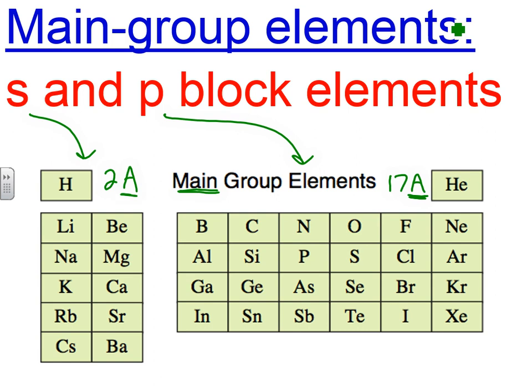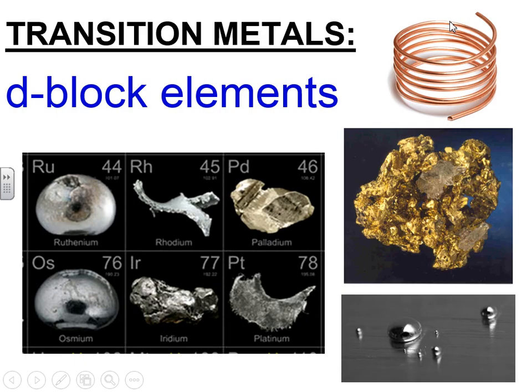The transition metals are your D block elements. Right in the middle of the periodic table, you've got a lot of D block elements. Now, most of these are metals, and they'll have a kind of grayish, silverish color. However, there are a few that are colored, and most people recognize them. This is copper. The element copper has a very orange-like color. Obviously, the element gold, everybody recognizes gold, and everybody recognizes mercury because it is a liquid, one of 2 elements that are liquids. Hydrargyrum, which actually means water, silver. So hydro means water, and argyrum refers to silver, so kind of liquid silver.